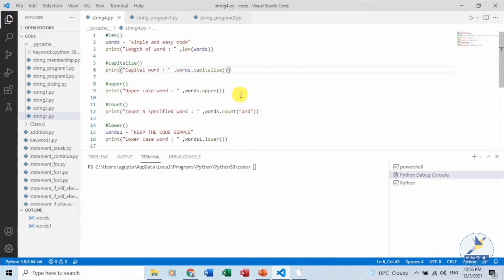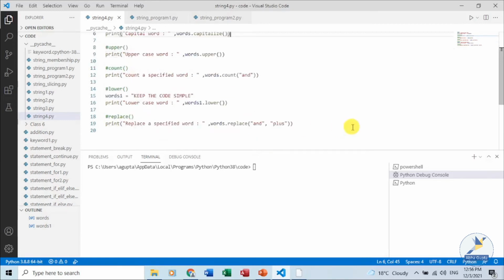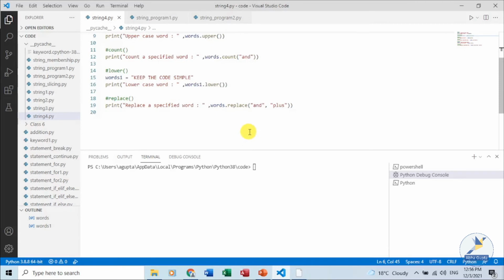Upper converts a string into uppercase. Similarly, we have a lower function which converts the given string into lowercase. We have the replace function. It replaces all the occurrences of the old substring with the new substring. So we have to supply the string which is already present in the string and the value with which we want to replace.